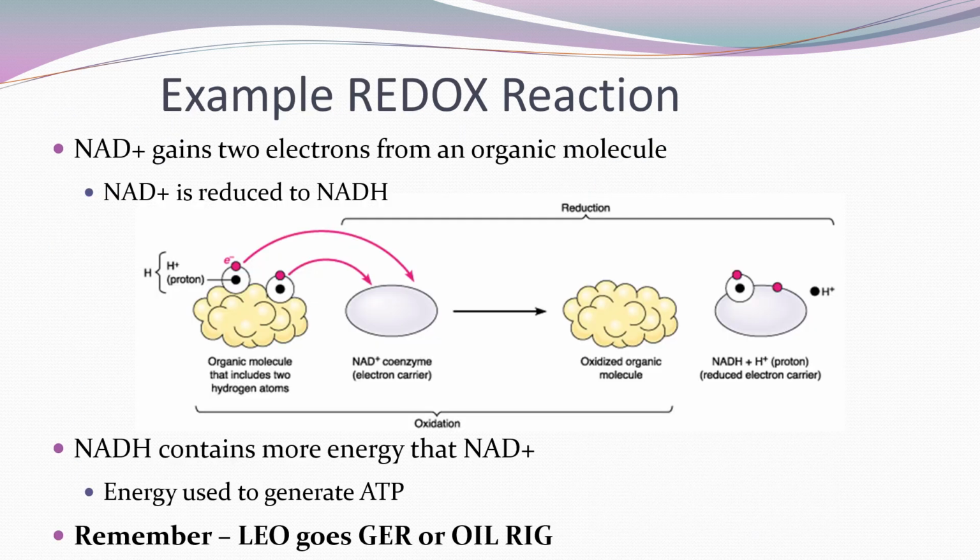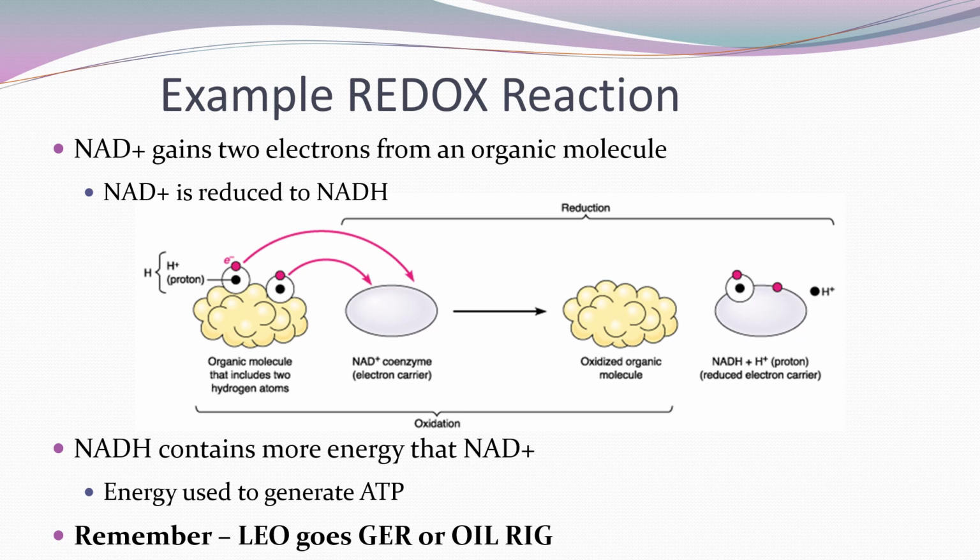Now, this is another example of a redox reaction, not dissimilar to what we looked at on the first slide in this lecture. What's happening is we have an NAD plus molecule that is going to gain electrons from some organic molecule. Doesn't really matter what it is, it's just an organic molecule that is holding electrons. This NAD plus is going to get those electrons in an oxidation reaction. So that organic molecule is losing the electrons, and in a reduction reaction, the NAD plus molecule is going to